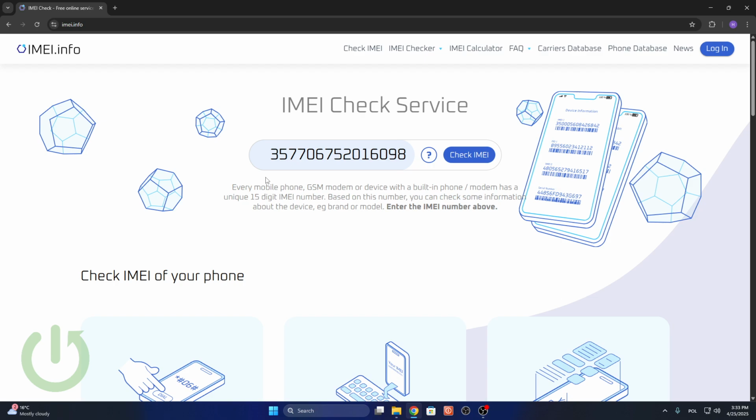If you don't know how to check this IMEI number, on our channel there's a video where I'm showing you this whole page and all possible checking options of the Motorola, and there also I'm showing you how to check the IMEI number. Okay, so once we have typed the IMEI number, we need to click on this blue button,